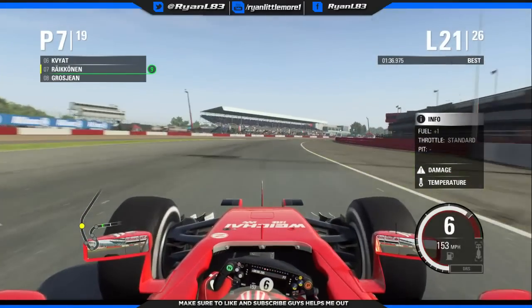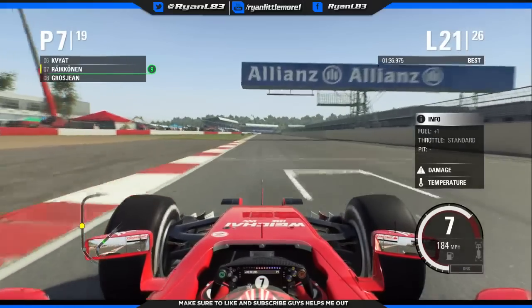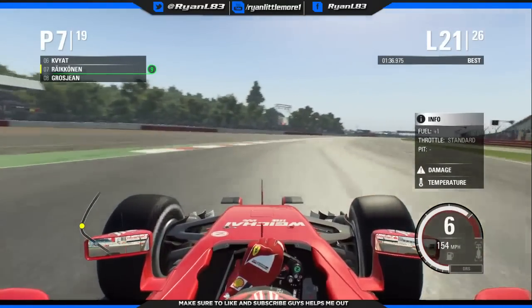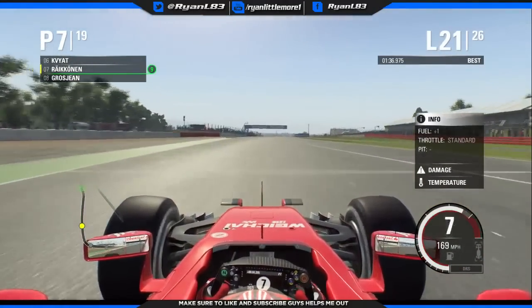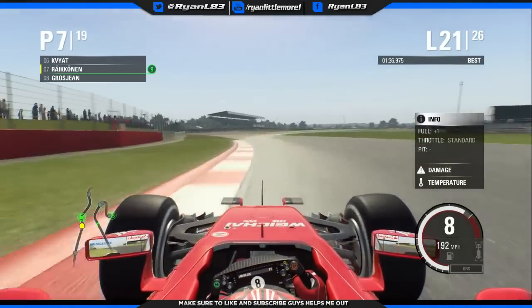Any positives? Data shows the tyres are okay right now. We anticipate good levels of grip for the next few laps at least. That's a good sign. Nice, good levels of grip. So it seems it's going to be pretty fine for tyre wear. So